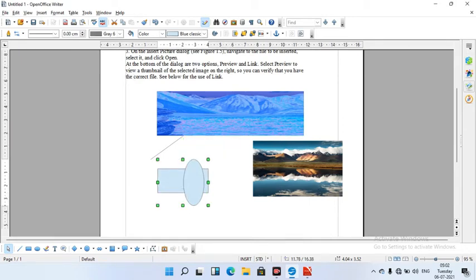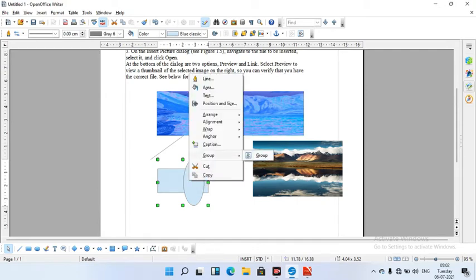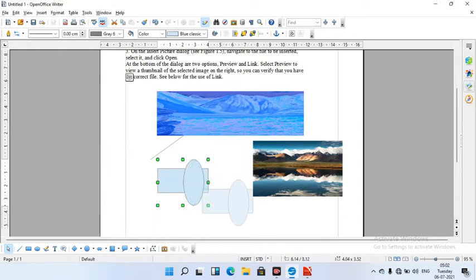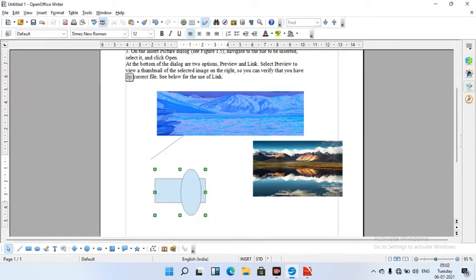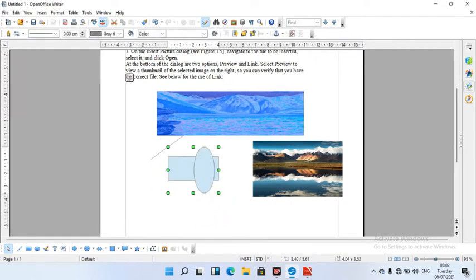Like this, we have selected both the objects, right click on this and click on group, and select group, and we will move both together like this, grouping objects.